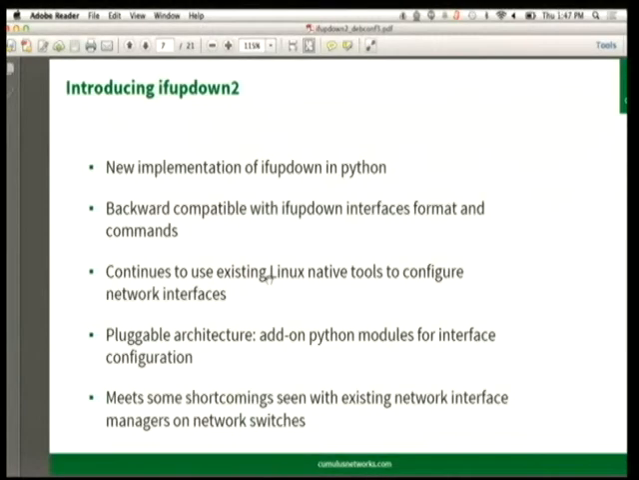ifupdown2 is basically a re-implementation of ifupdown in Python. We chose Python because it's easier and faster development, and we could use existing modules and add functionality quicker. You will see that in the next few slides. And it's backward compatible with ifupdown with the interfaces format and also with the names of commands. You'll still find the commands ifup, ifdown, ifquery, but you'll find them with newer options and